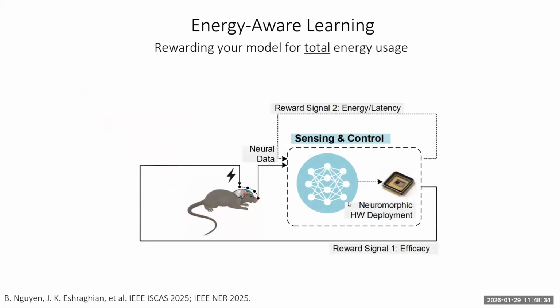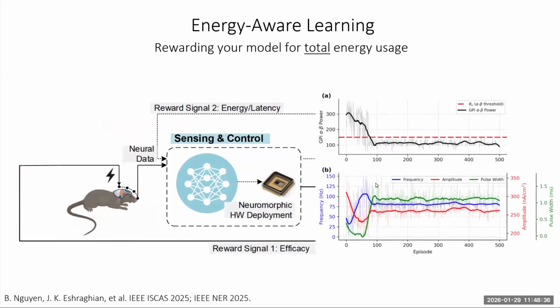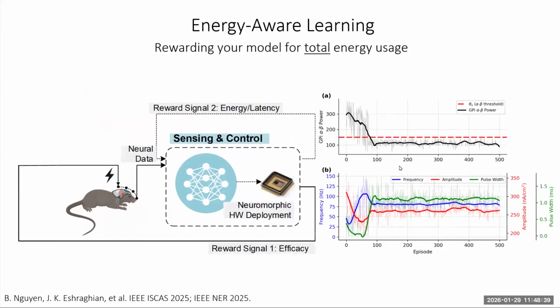In practice, you combine the sensing and control neural nets, and we tested out a bunch of things. This is just a snapshot of one reinforcement learning trajectory where we want the alpha beta power to fall below this red line, which is a model. We're assuming that anything below this line is suppressing neuronal firing or the power to a point where you are able to address Parkinson's disease. And of course, this is going to be different for different humans. And this bottom plot just shows you how the frequency and amplitude and pulse width were changing. At the start, it's very exploratory. The system is testing out different options, and then eventually it settles.